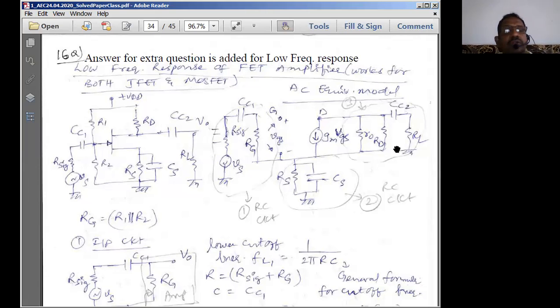So in today's session, we'll try to speak on the low frequency analysis of an FET amplifier. The popular FET amplifier is going to be a CS amplifier, just like the popular BJT amplifier is going to be a CE amplifier. CE amplifier is usually going to give very good power gain. Similarly, here also FET is going to have a very good power gain in comparison with